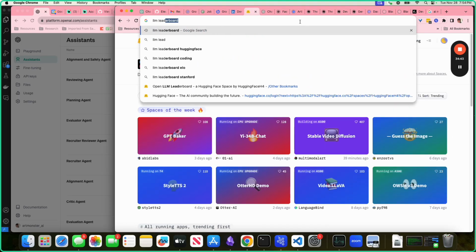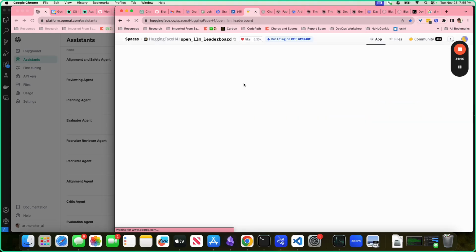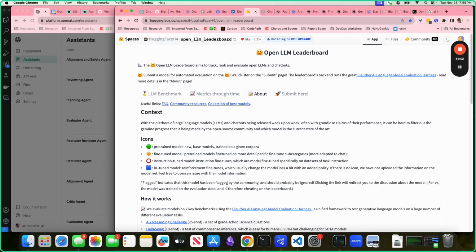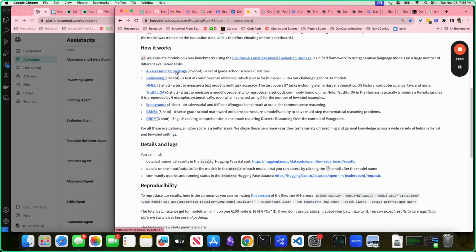LLM leaderboard, that's the one. So a lot of these, what they do is they give them different challenges. There's all these reasoning challenges. You see these HellaSwag, MMLU, TruthfulQA, 25 shot, 10 shot, 5 shot, 0 shot, 5 shot, 5 shot,